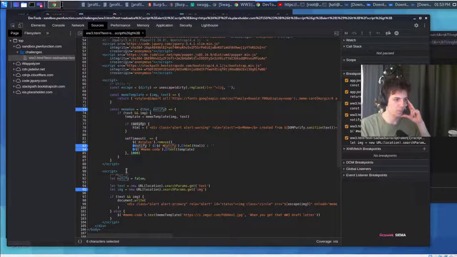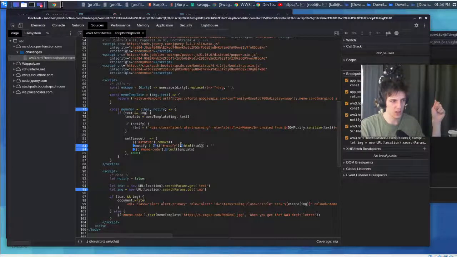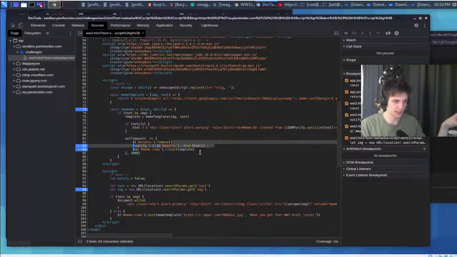So, as I said before, we identified the thing here, which is the jQuery HTML function. And if the value the attacker can control will be passed here, we'll have code execution. But when you look at this line, you can see that we have a problem